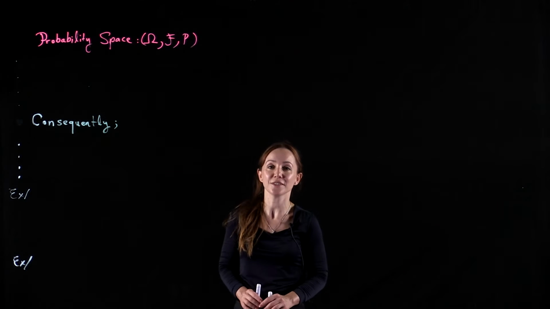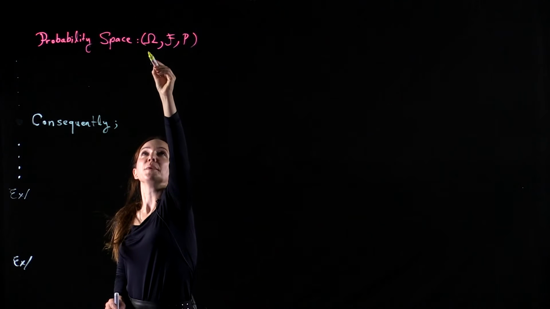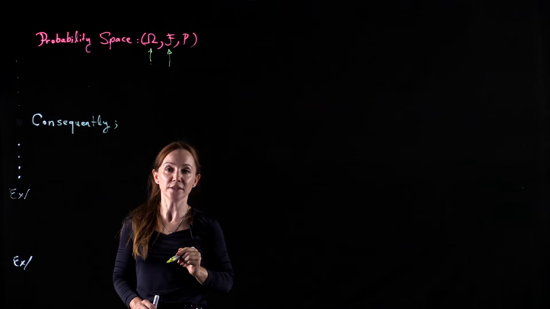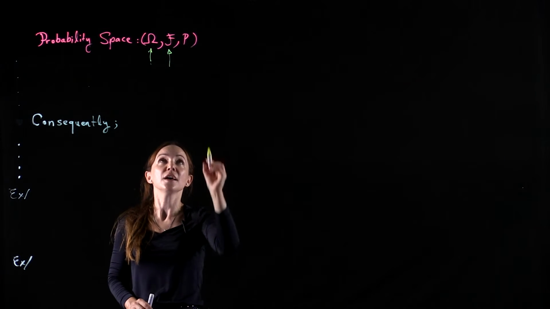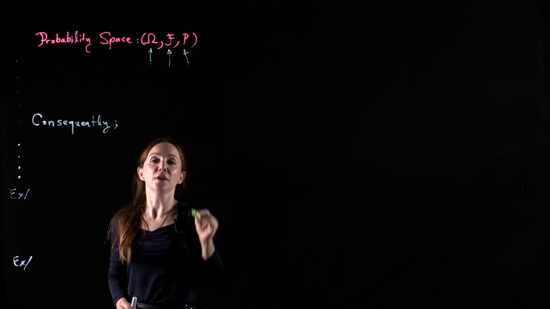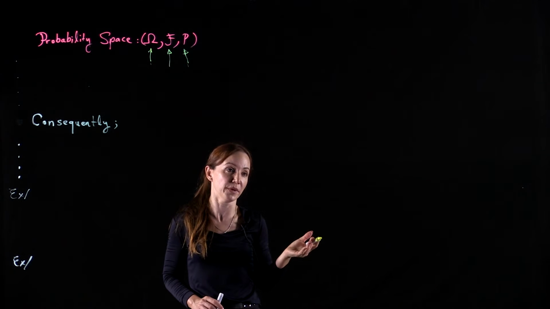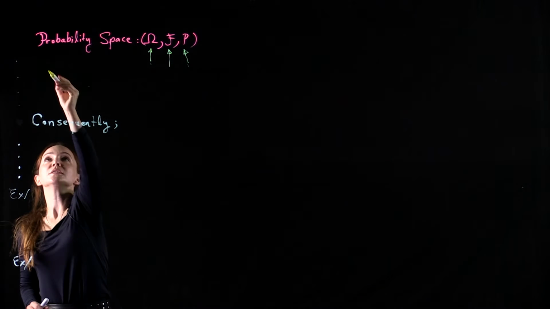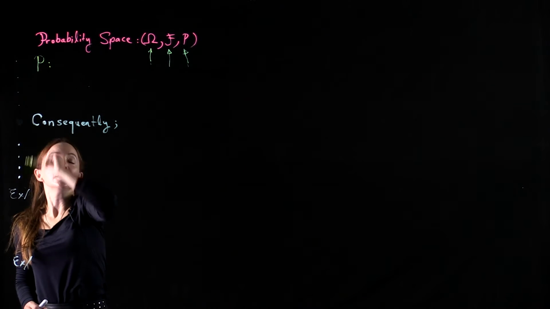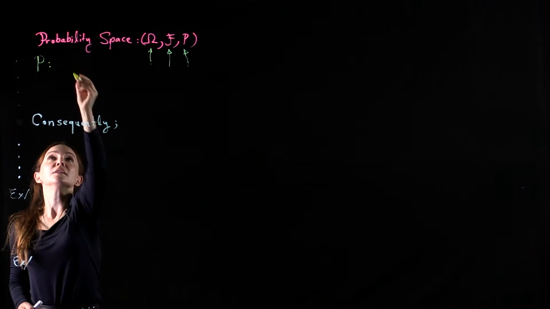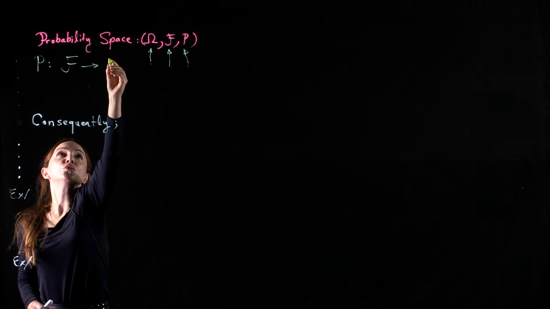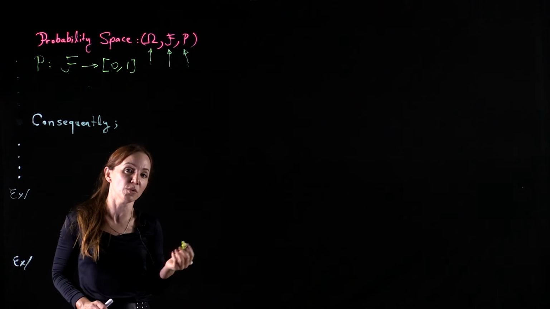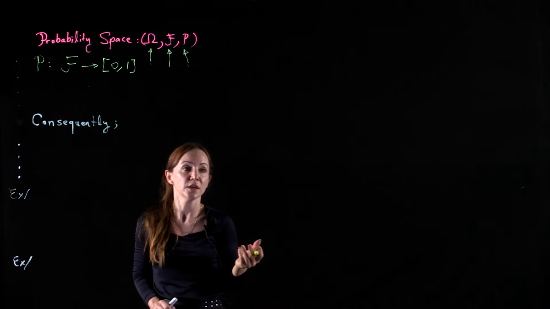A probability space has three elements: the sample space, omega, a sigma algebra defined on the sample space, F, and a function that we will define now that we will call a probability. A probability is a function defined from the sigma field F to the set of real numbers between 0 and 1, such that probabilities are always positive and between 0 and 1, such that